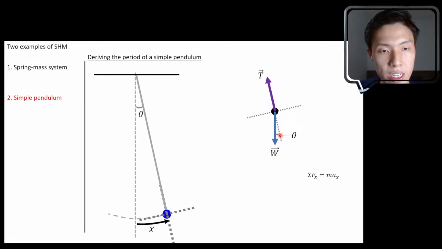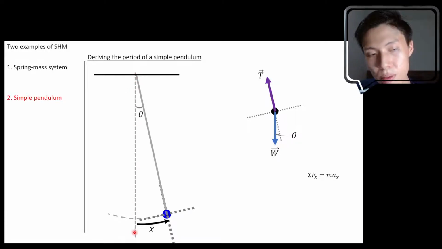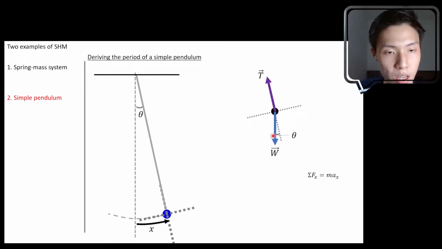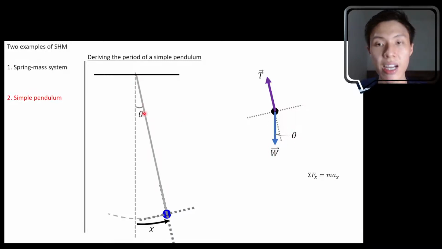Okay, we label this angle here as theta because this equilibrium line here is parallel with this weight over here. Therefore, this angle here is theta, and this angle here is theta. They are the same angle because this dotted line and this arrow here are parallel, and this inclined dotted line here is exactly the same as this dotted line here. So we know that they trace the same angle theta over here.